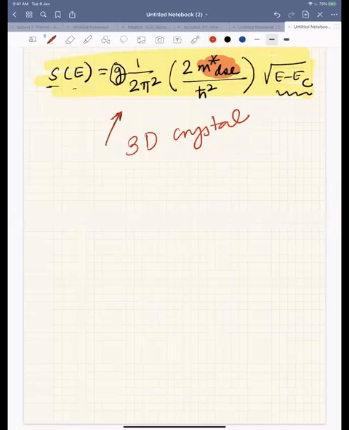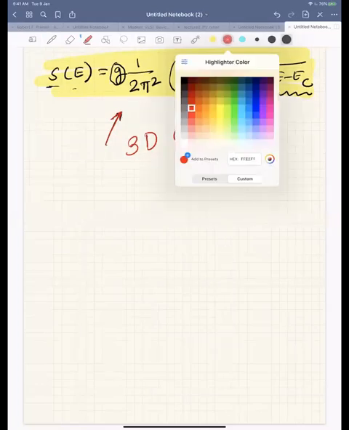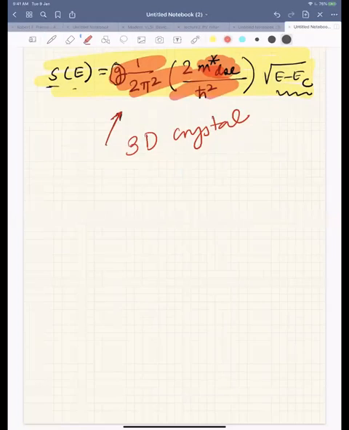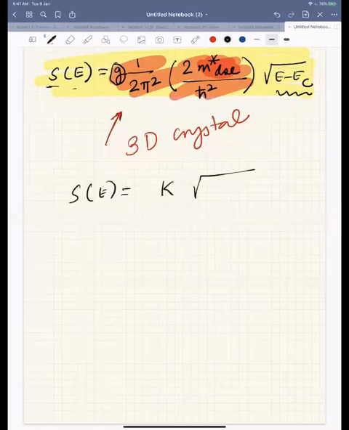Okay. So now, what does this mean? If you see the first part here, this part is a constant, because the effective mass, h bar, pi, g, these are all constants. So you could write the density of states as g(E) equals A, a constant, times root over E minus EC, right? So if you want to plot it, basically, if you plot,